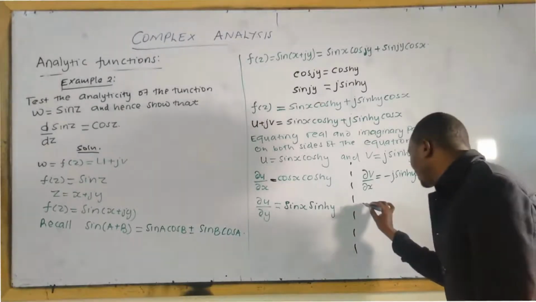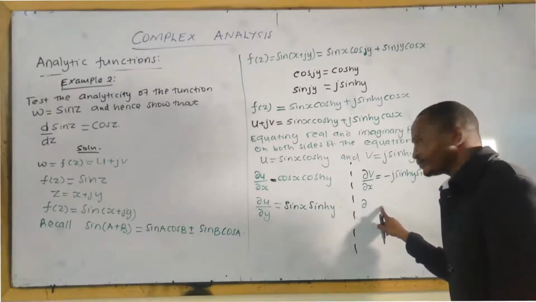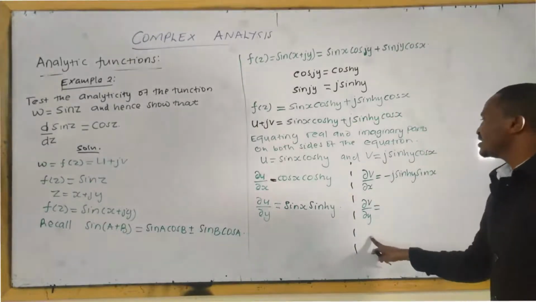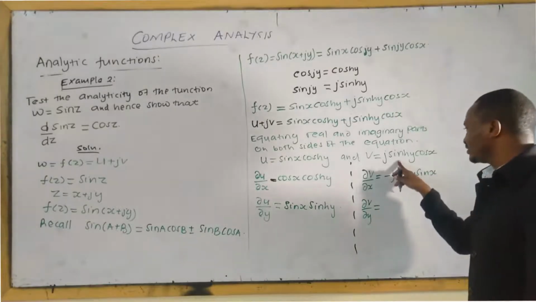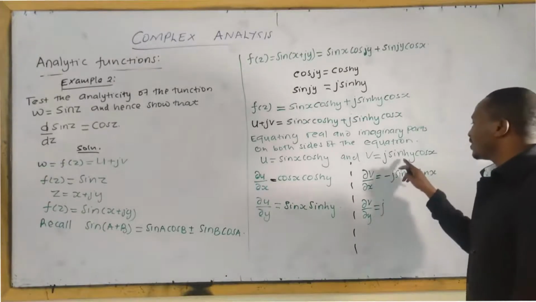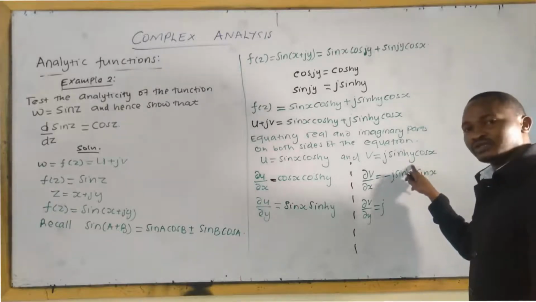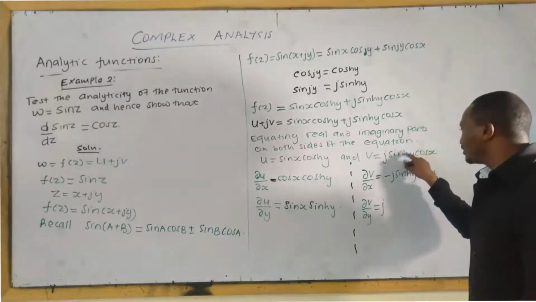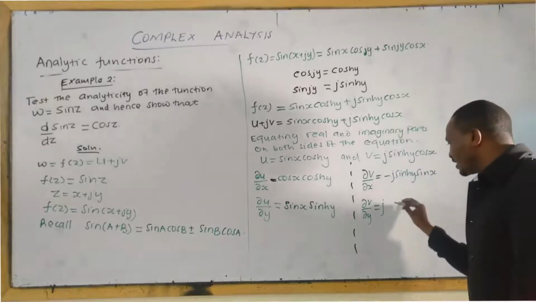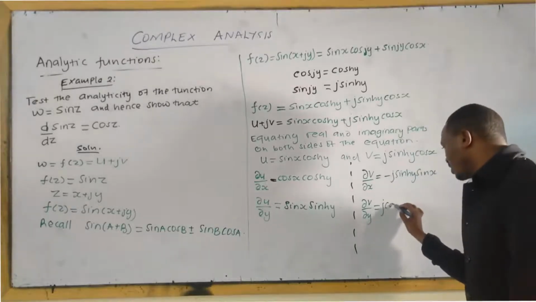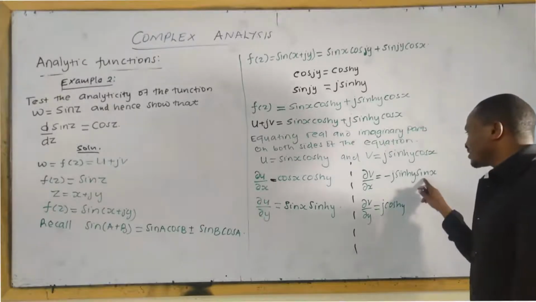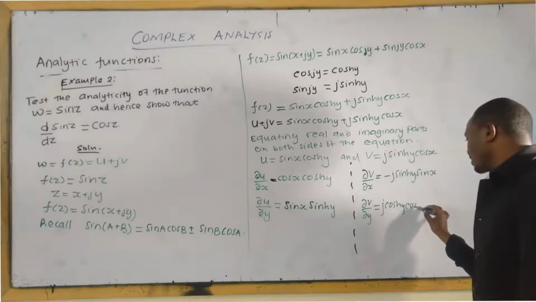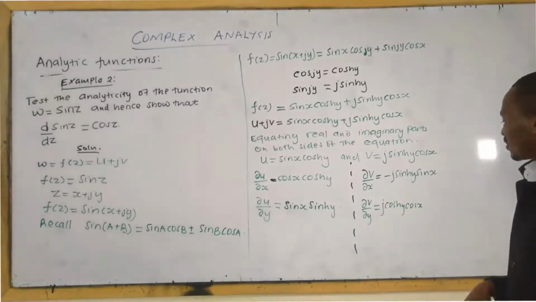Now I find the partial derivative with respect to y. Y is the variable in consideration, so you concentrate on differentiation while you have variable y. If you differentiate sinh, you get positive cosh y. Cosine is not being differentiated, so you just have cos x.